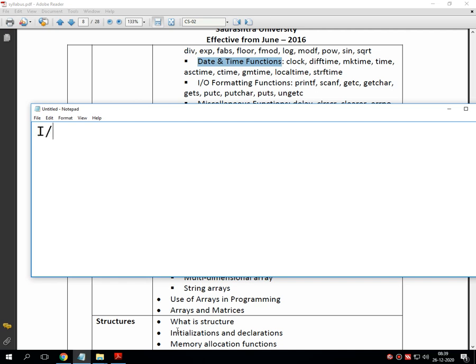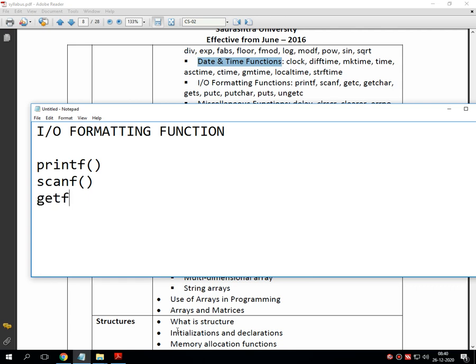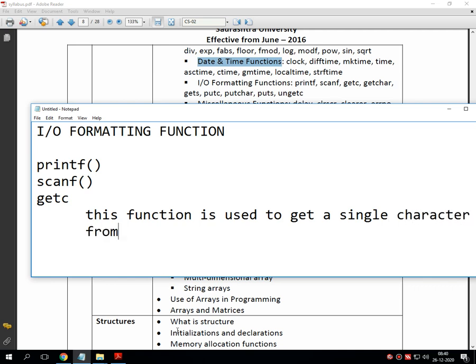Next one is input output formatting function, where in almost all the programs we have used printf and scanf function. getc, this function is used to get a single character from the user.